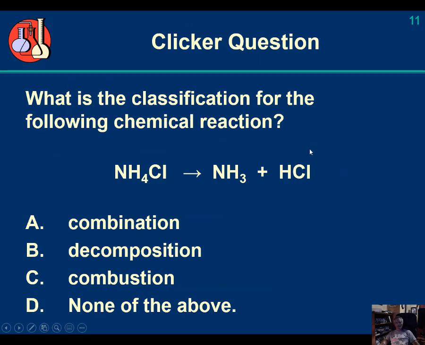So be able to recognize the different types of broad categories of reactions. So if I were to look at this particular reaction, this is ammonium chloride. And by the way, ammonium chloride is an ionic compound. This is something you have to watch out for. Even though there are no metals over here, remember the ammonium cation is a polyatomic cation. So just think of this as an ion, a cation, and then the chloride ion has a negative charge, and they're attracted to each other by this positive-negative charge into a crystal structure. So this is an ionic compound, and it is one reactant